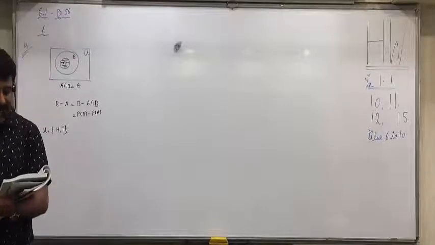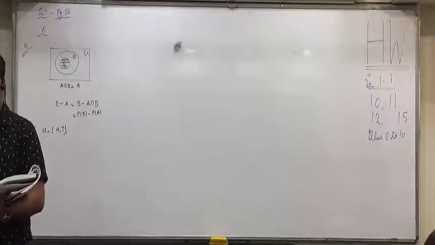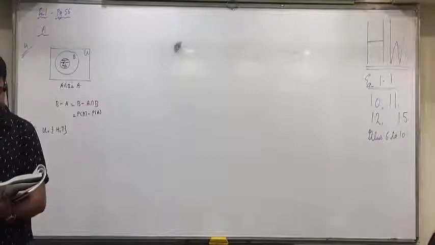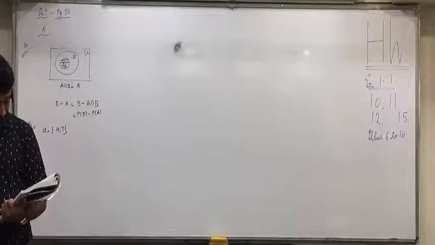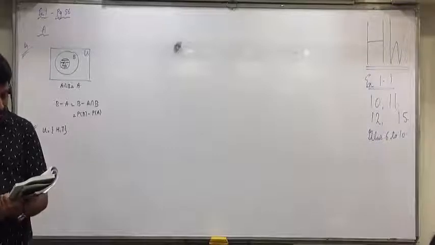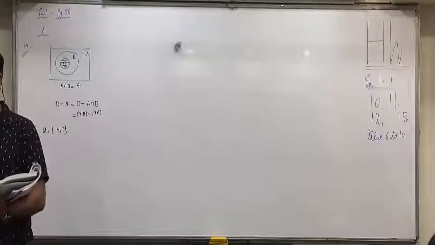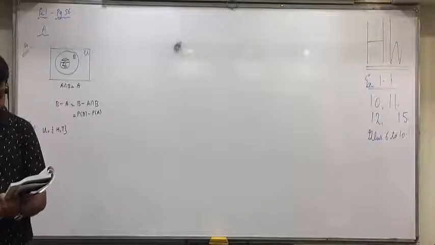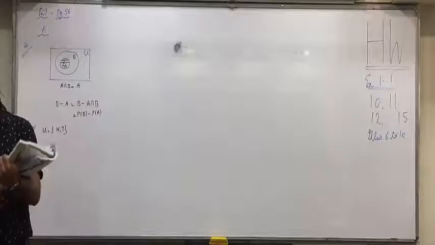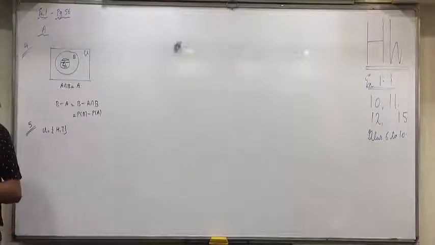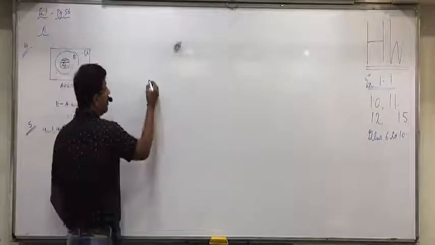If A union A dash equals U, B answer. A and A dash are what? Complementary events. 9th. If P of A given B equals P of A and P of B given A equals P of B, then what type of events are A and B? They are independent events. Understand this reason.